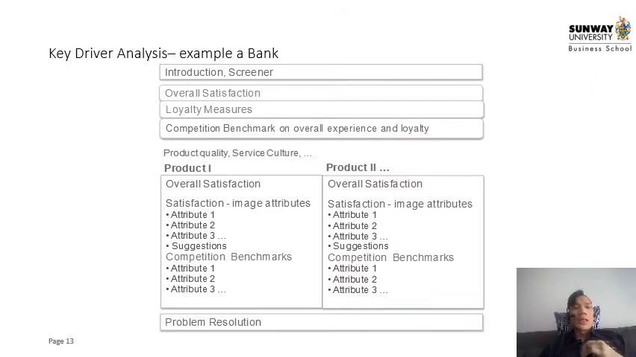So for example, looking at some key driver analysis of a bank, okay, if you were to ask questions in the questionnaire, you will probably ask them about overall satisfaction, you will probably ask them about loyalty measures, and of course competition. Okay, now under overall satisfaction, you want to ask them, are you overall satisfied with the bank services? And then you can ask them about satisfaction on attributes and also competition benchmarks as well. You can also ask them questions a little bit on problem resolution, which is quite important, especially in the banking